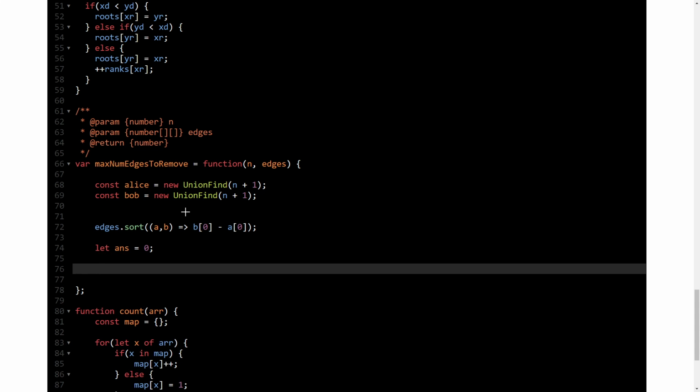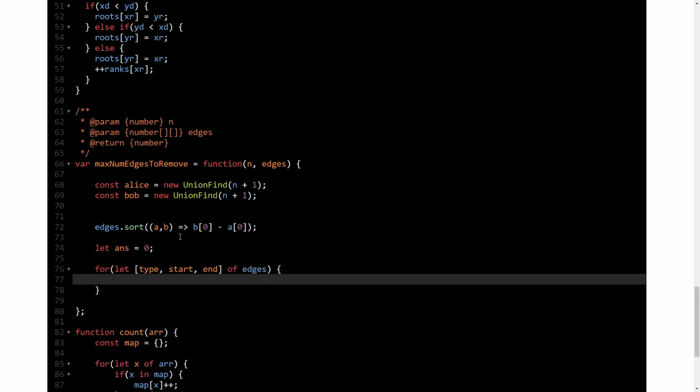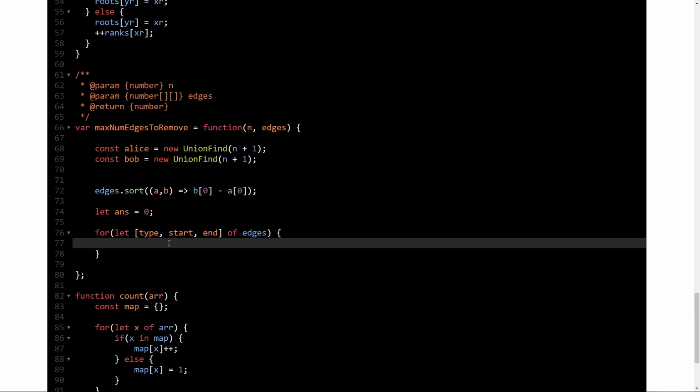Now we'll iterate over all the edges. Type, then start, and then end of edges. So I'm iterating over all the edges now, and I will do that thing which I mentioned, basically making components and checking what edge is redundant, right?